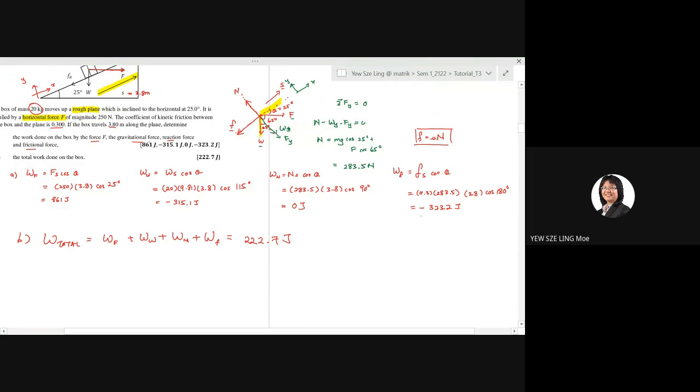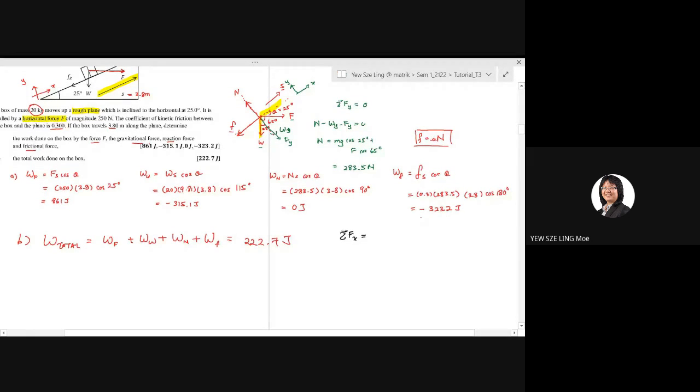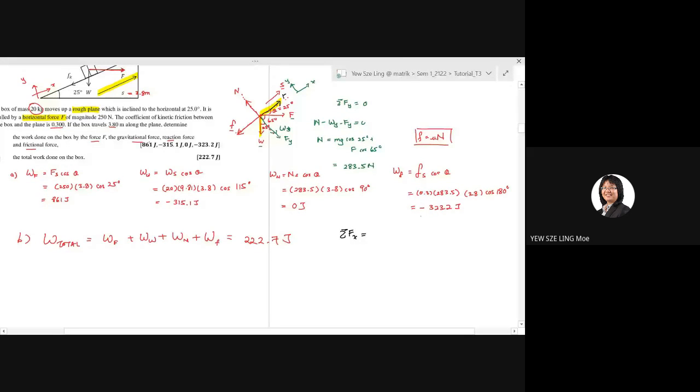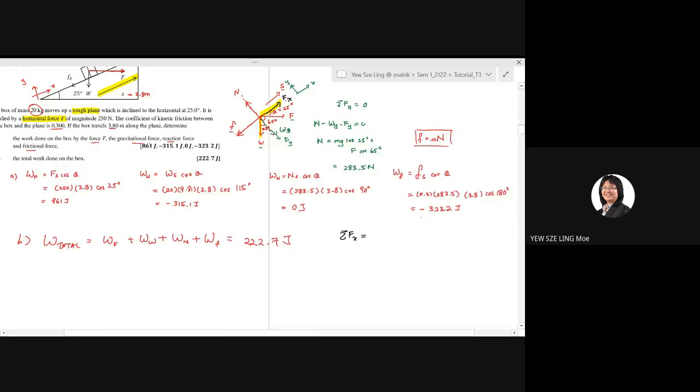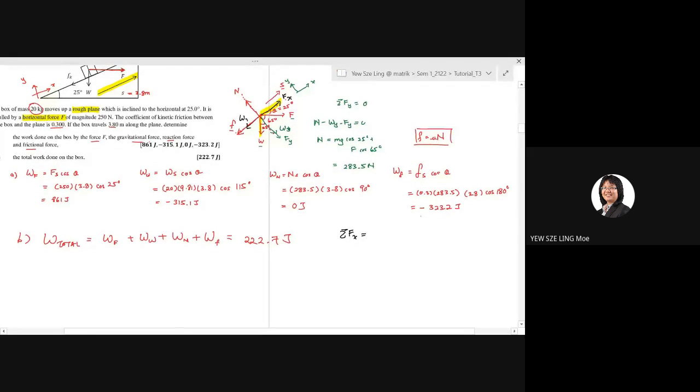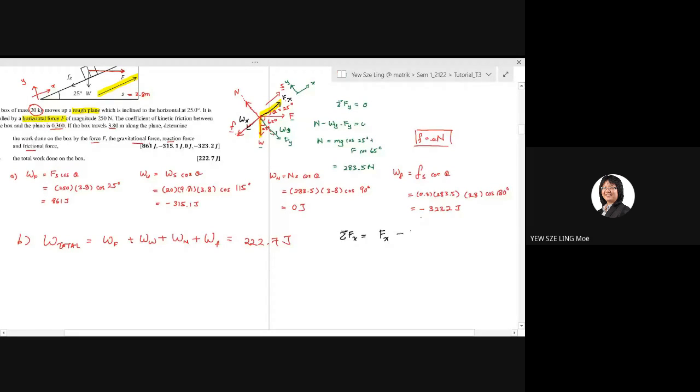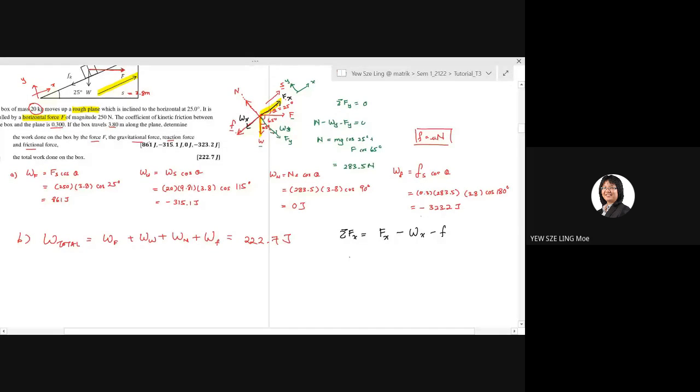My S is lying along the x component. Therefore, again, I want to calculate the total force along the x component. So how to calculate the total force along the x component? Summation Fx equals to, okay, I will resolve my Fx. So Fx will be in the same direction as S, and then W is in the opposite direction, Wx. So it equals capital letter F, the external force along the x component, minus Wx minus friction. Okay, so I will obtain